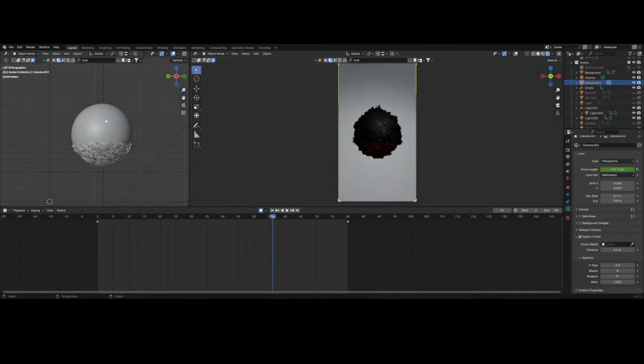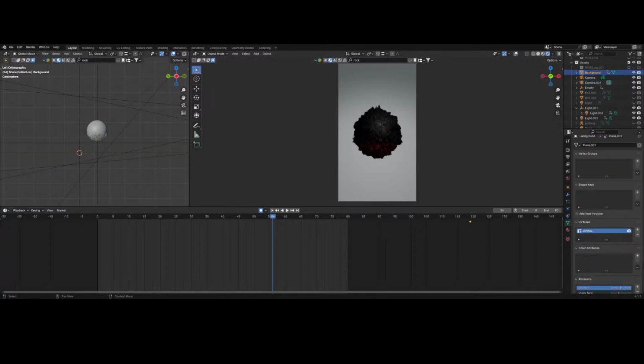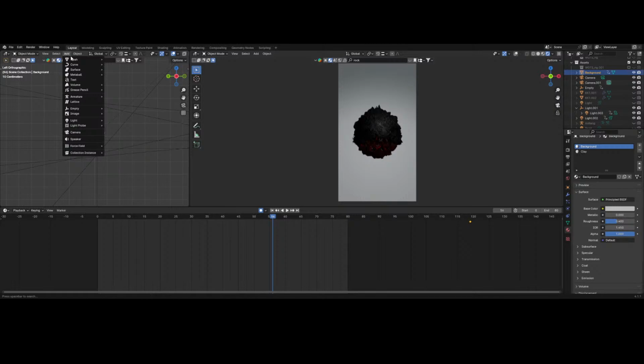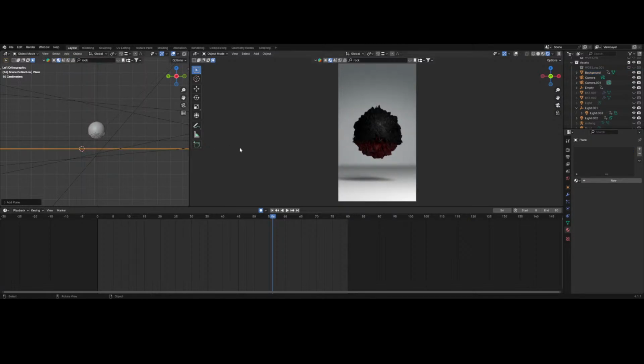I think also what I'm gonna do here is add a plane just for the shadow, because I feel like the shadow, when you see shadow,